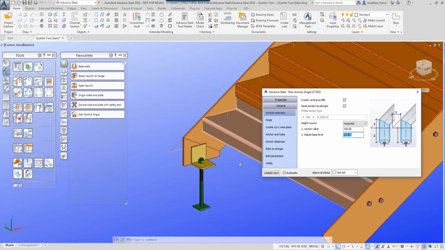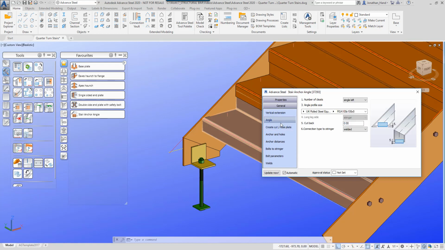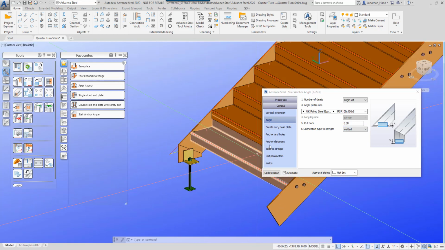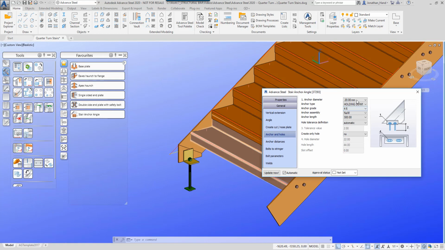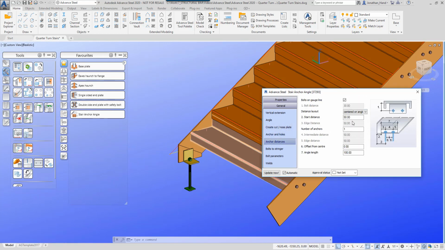So that looks pretty good. If I want, I can bolt it both sides, but again, I'm just going to leave it. You could bolt it if you wish, but I'm just going to leave it as welded and then just use the anchor. There you can see you can select the type and then also the distances,